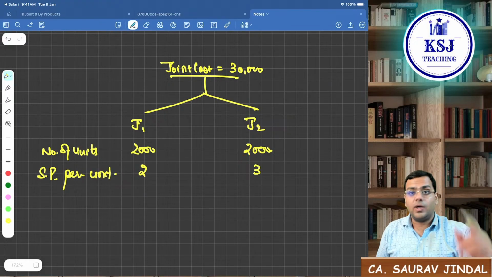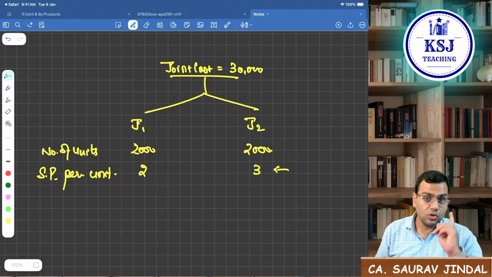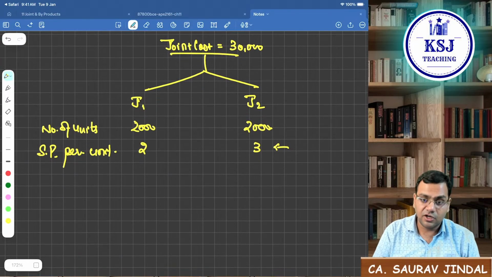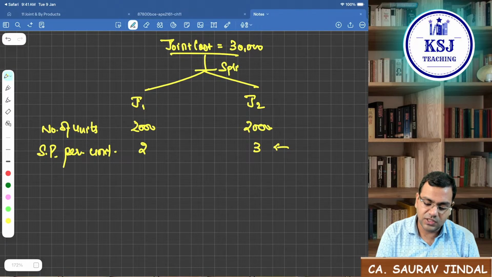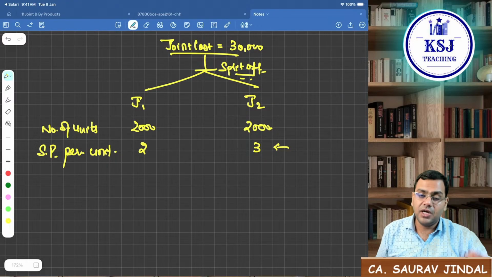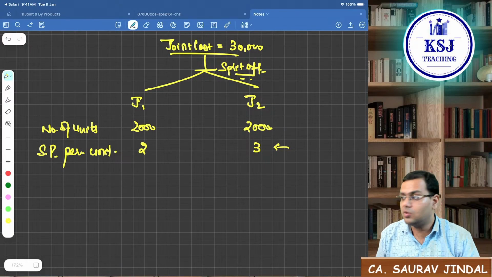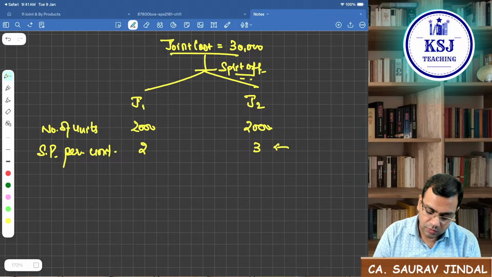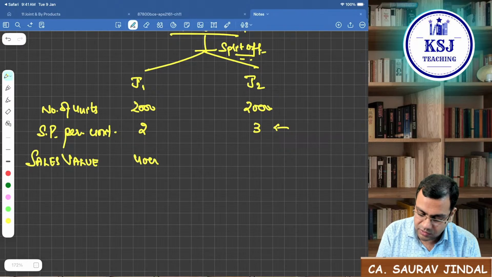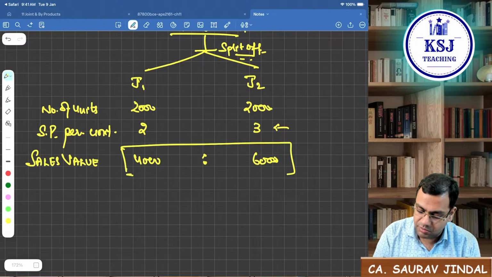Now, whether the joint cost is to be distributed in this selling price? No, sir. What does the method say? The method says it has to be in the ratio of the sales value. At split off point, if you sell the product at split off point itself, what is the value that you will get? That is what we want to know. So here you will get your sales value at split off point, 4,000 and 6,000. So this will be the ratio